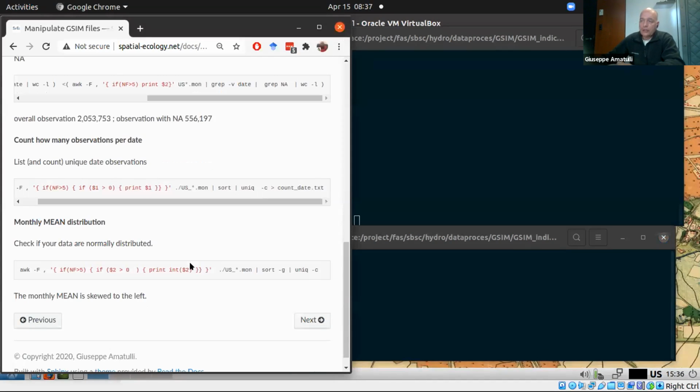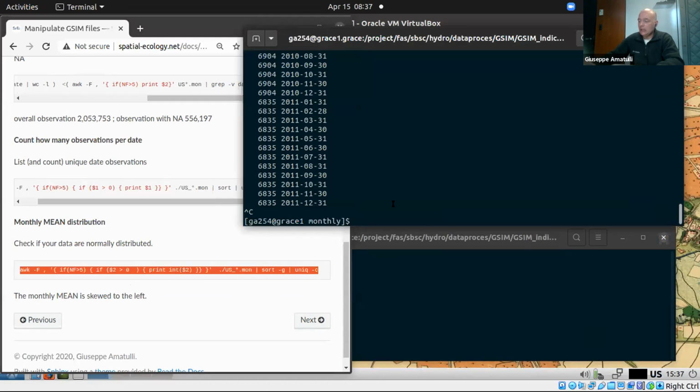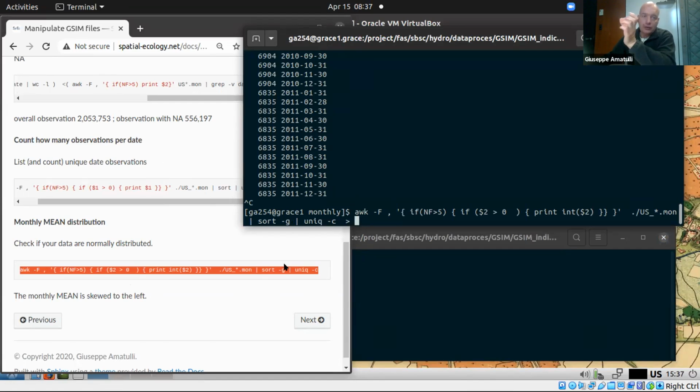So another example, you can do something very similar with understanding the mean. Rather than with the mean, you can understand if your data is normally distributed or not. So rather than getting the data and getting the mean of the variable,